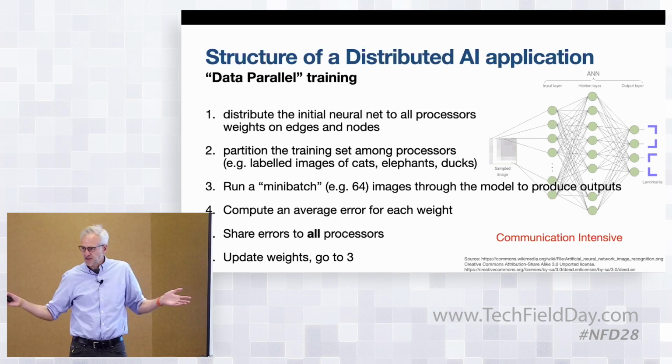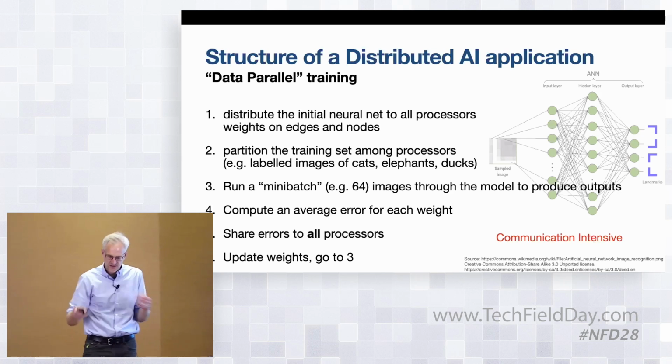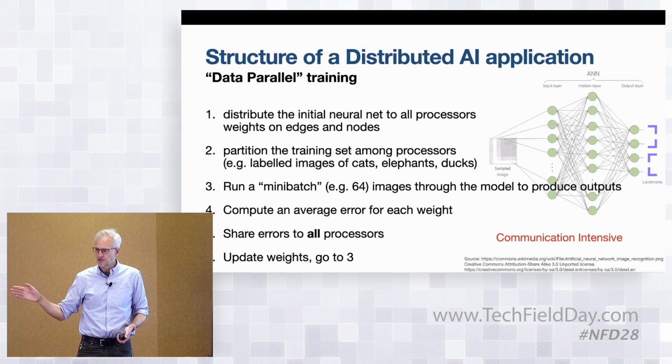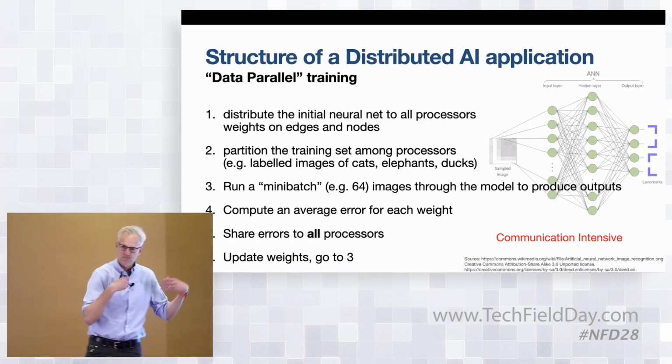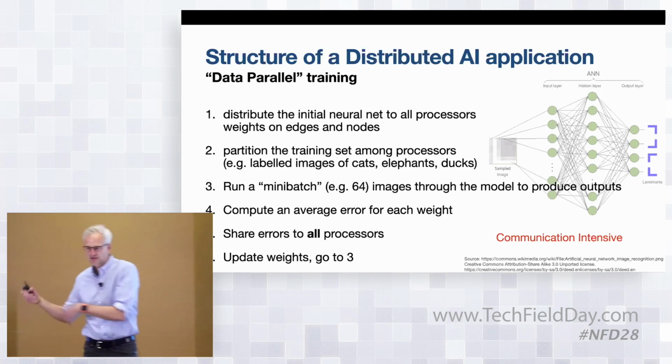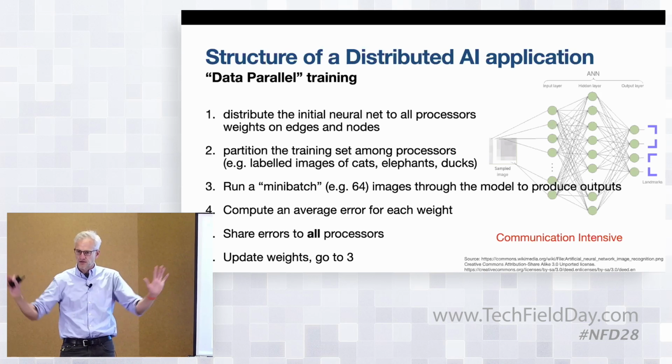And you might have like 256 GPUs all collaborating and working together on this. And there's weights on the edges and nodes. And then I take the training set, which might be thousands of images, and I split it up into batches, and I'm going to train different images on different processors. So I'll train like 10 processors on this one, and 10 on this one, and 10 on this one, and I've got 2,500 of them going, but I've got 256 processors, and they're each running in